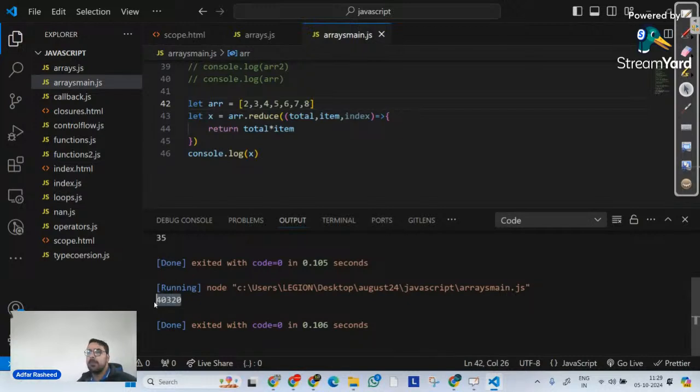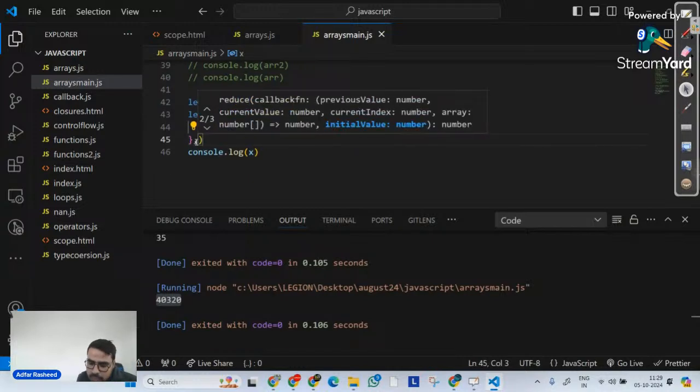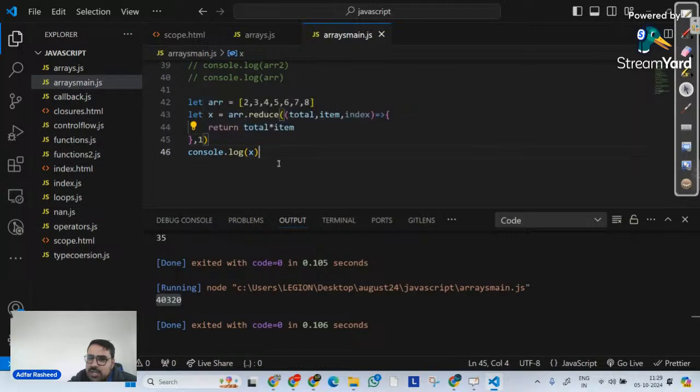So it depends on the operation over there. JavaScript knows reduce function is trained for such types of operations as well. But zero will be only when it is addition. That's why, instead of creating confusion, it's better to put one here, because we know in multiplication total's initial value should be one instead of zero.